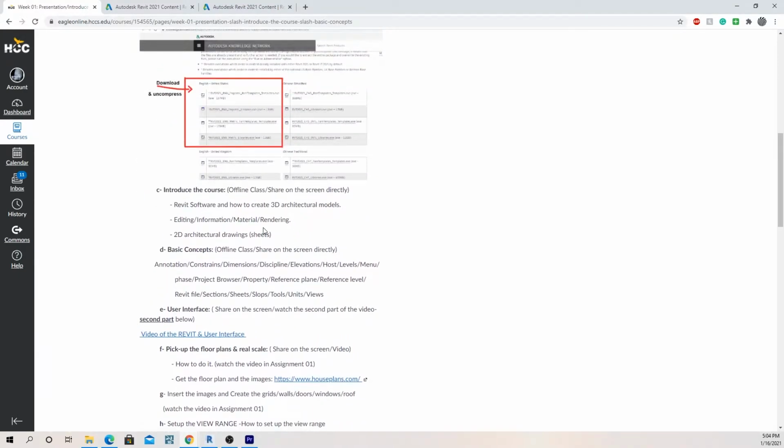The first thing, I introduce the course. Look like I talked with you. The Revit software focuses on the 3D model. This is the software I teach you to do the 3D architectural model. Then we can edit, give information inside the model, apply the material, and use the render software to render it, or